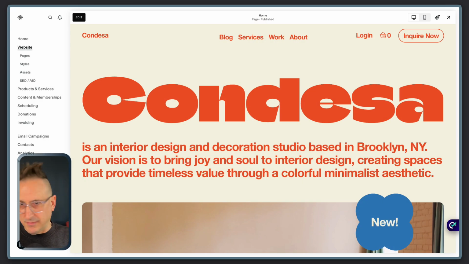Hey, let's cover changing or hiding the date of your Squarespace blog posts. And there's a couple places to do that. I'm going to jump right in here, and I've got this website that I've used a few times because it's